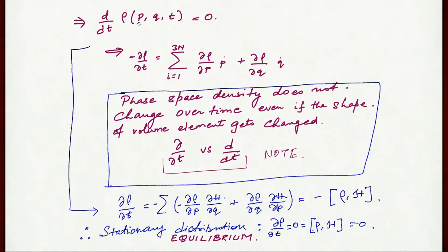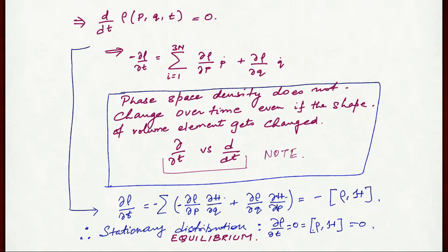Right? So this implies this, and now you're saying that del rho del t, if they're obeying Hamilton's equations of motion, so you have replaced p dot by del H del q, and q dot by, yes, here it is minus del H del q, and here it is del H del p. So you have this minus sign sitting here, and p dot is minus del H del q, hence you have a minus sign here. And this quantity is nothing but the Poisson bracket,